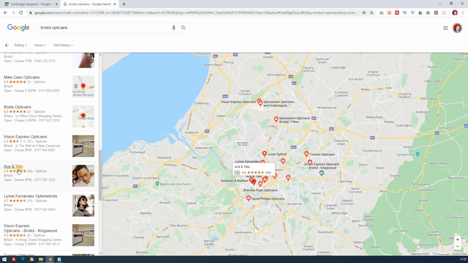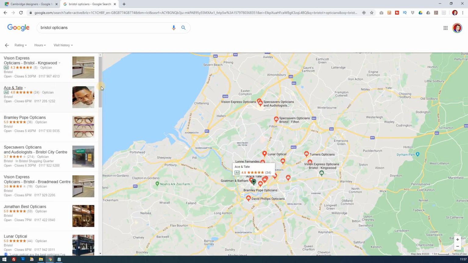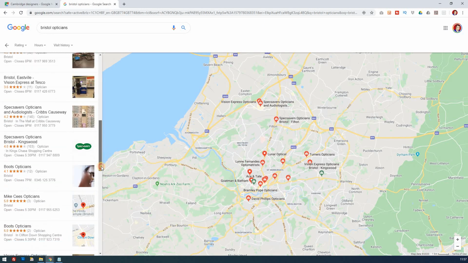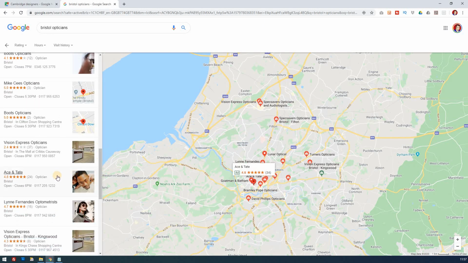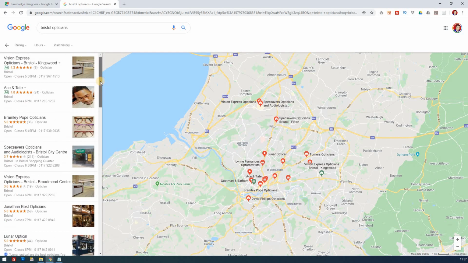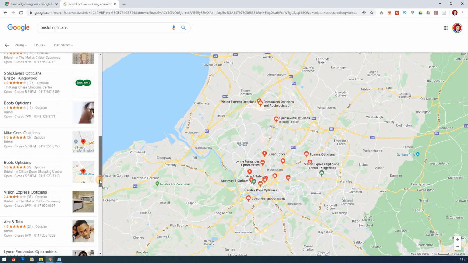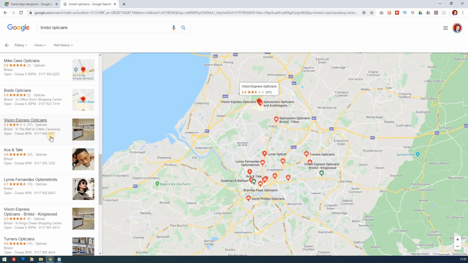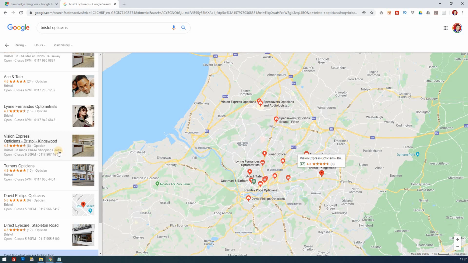Okay, so Ace and Tate with 4.8 reviews are Ace and Tate. They're covering their backs. They're clearly getting a lot of benefit from appearing in the top results, but they're not in the top. To get in the top, they're now paying. That's interesting. Is this the same with Vision Express? They're 4513 and Vision Express 4513. Oh, that's a different phone number though. So they're trying it from 2 different ends as well. Very good. And then we've got Vision Express again, 4513.